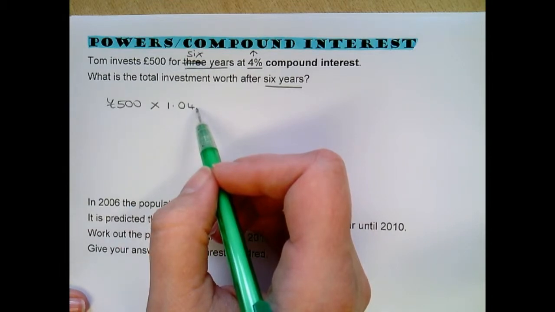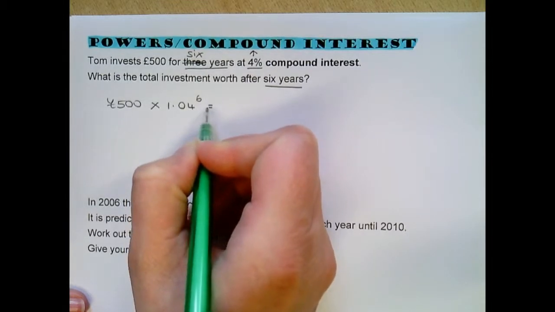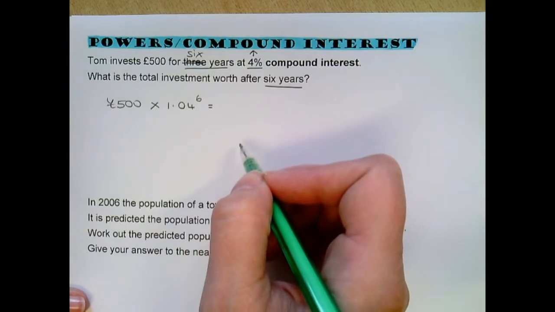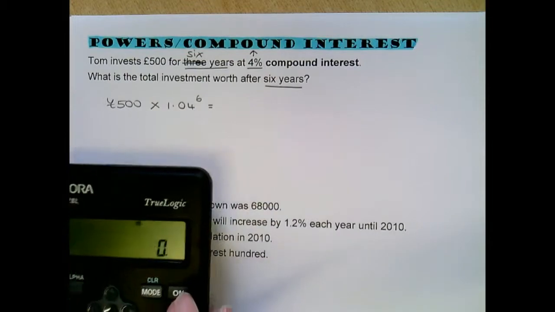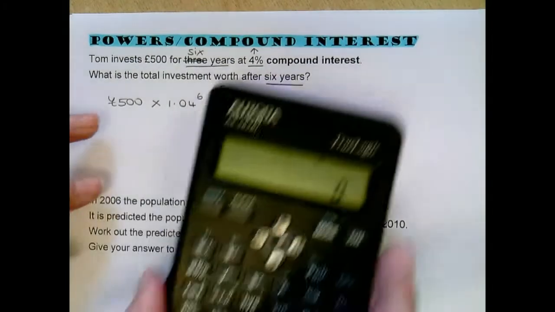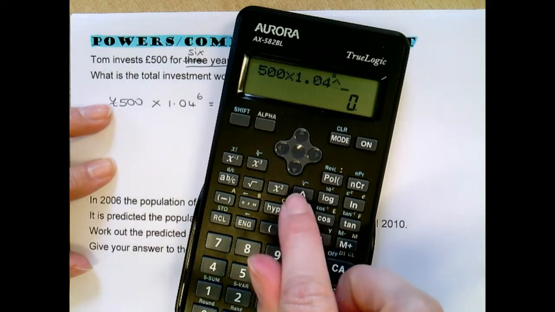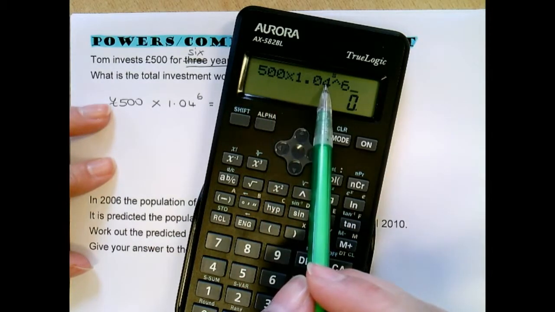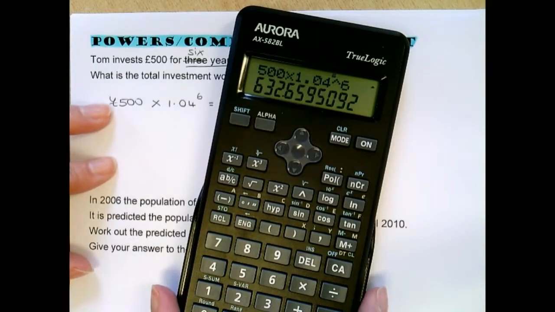So for 6 years, you don't just times it by 6, you do it to the power of 6. And then that way it'll make sure that it goes up by 1.04, gets a new amount. Then up by 1.04, and then gets the new amount. So it'll keep putting it up by 4% and adding it on year by year by year. So to type that into your calculator then, you would do 500 times 1.04, and then your power of button, and then 6. So that puts £500 up by 4% 6 times, or over 6 years. So that's how much is in the bank then,